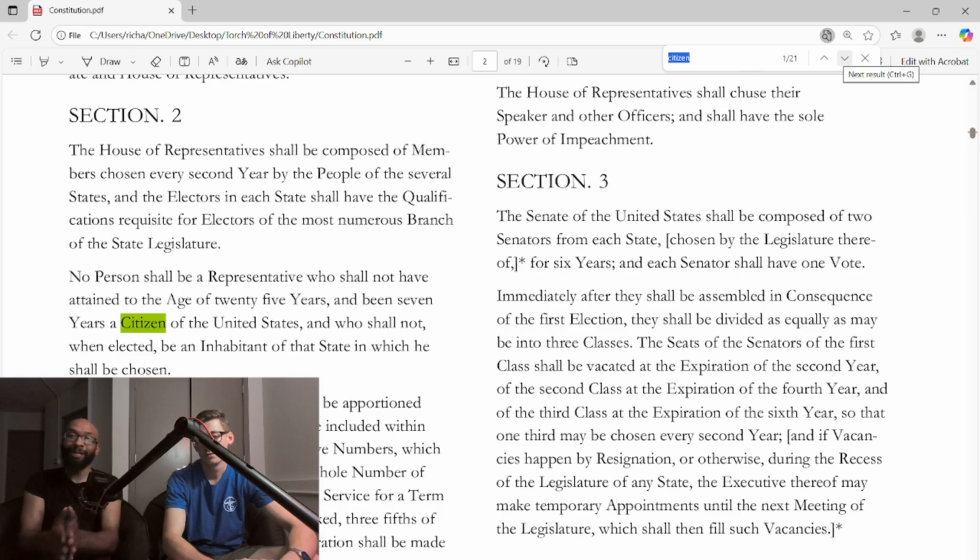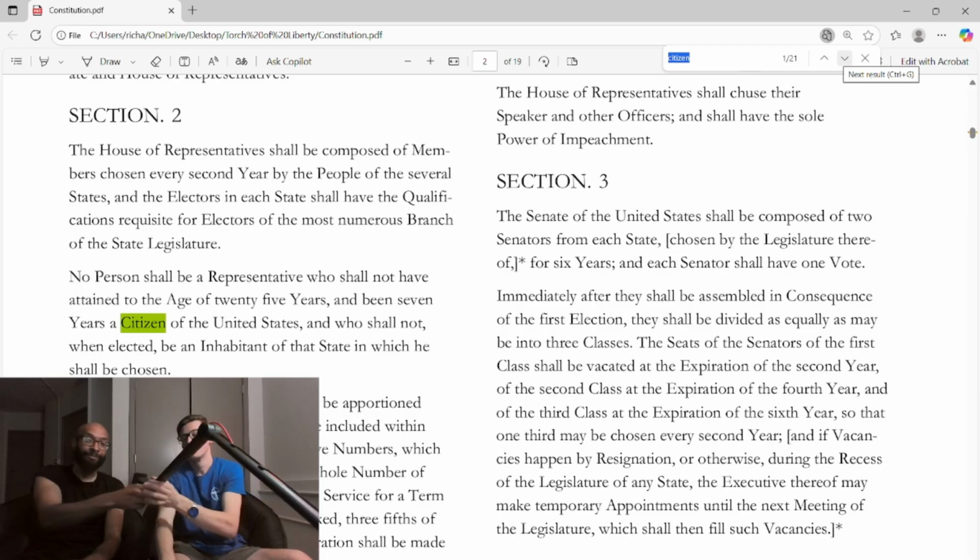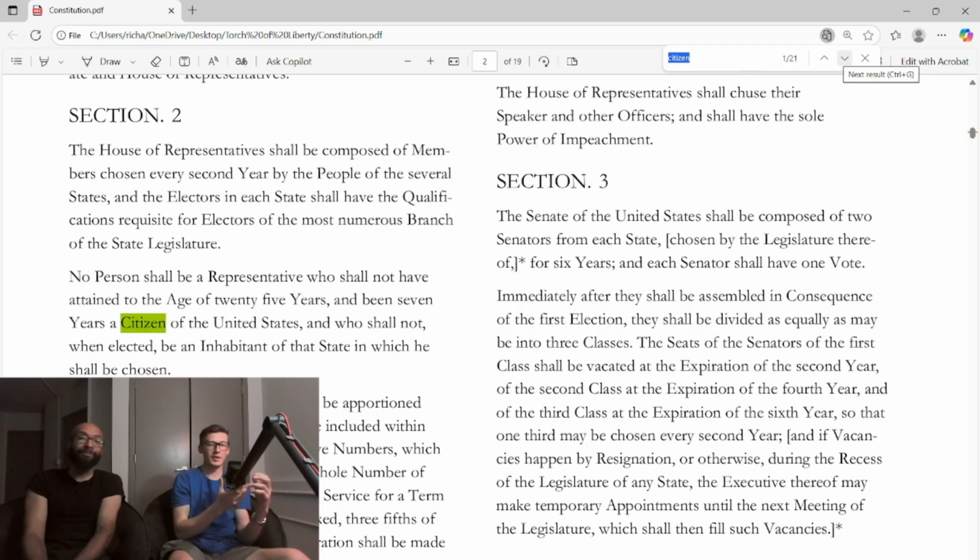There's a reason why there's such a significant difference when it comes to these amendments, splitting it off between the first 12 and the rest to 27. And also, I'm just going to go through real quick and pass through every time it says citizen through the Constitution, and just keep an eye out how it's always capitalized up until where we were just reading. And then it also says it 5 times where...